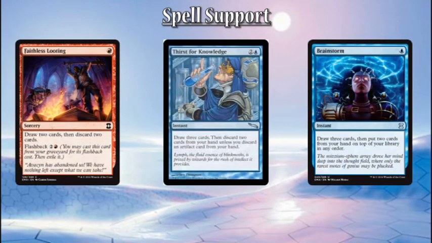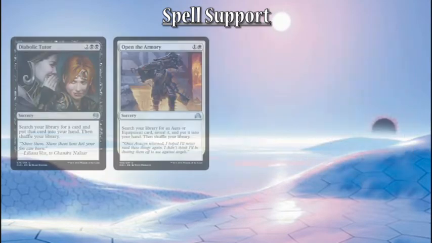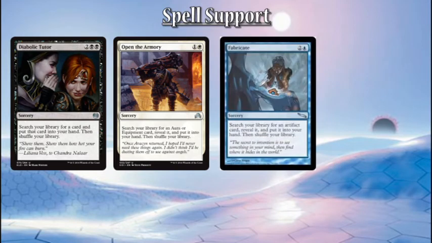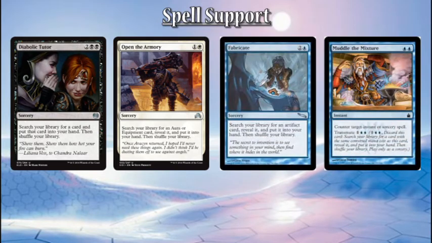Faithless Looting, Thirst for Knowledge, and Brainstorm all get us valuable card advantage. Diabolic Tutor and Open the Armory are run as massively cheaper options to Demonic Tutor and Steelshaper's Gift, but feel free to include them if you have them. Fabricate will search up any artifact you need, and Muddle the Mixture is our sole counterspell that can also search up a number of vital 2-drops, including both Sword of the Meek and Thopter Foundry if you need a quick